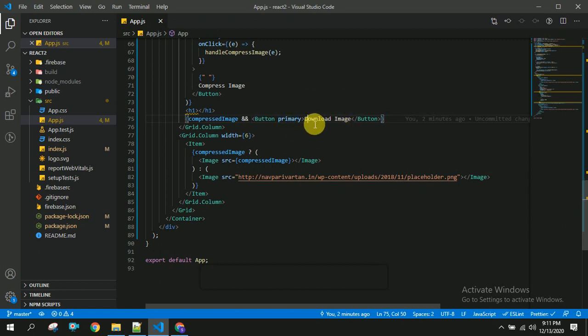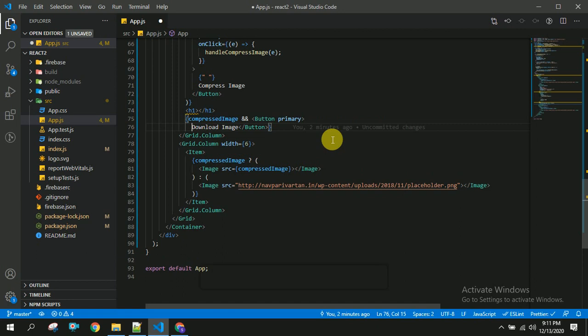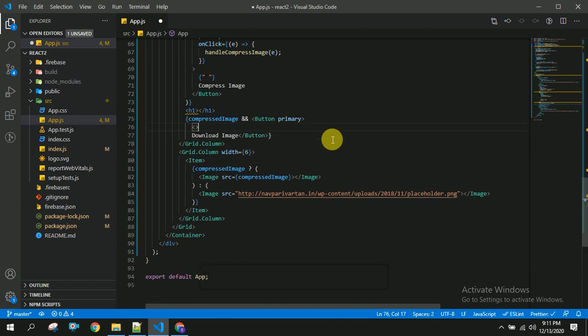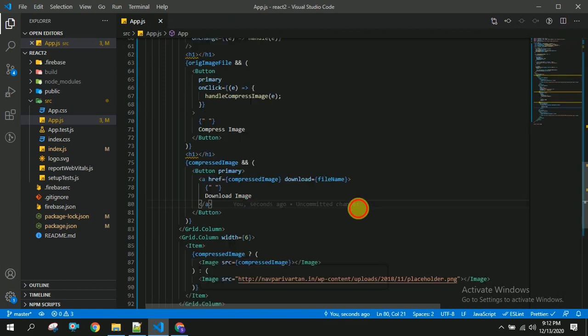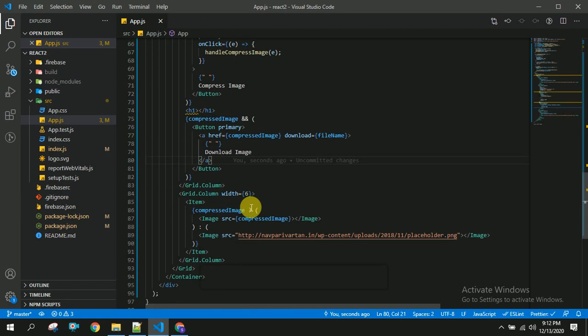And in this download image button, we are going to write some anchor tag. I have copied this as I have already had this code. So here I have created this anchor tag and download image here, and to the href I am going to pass compressed image, and to the download I am going to pass this file name.